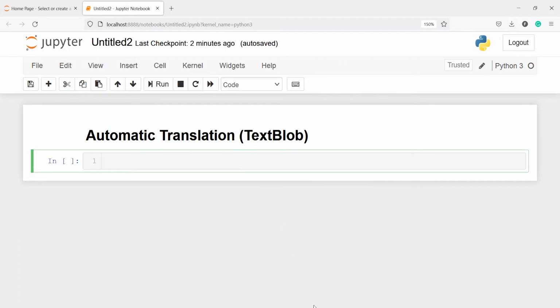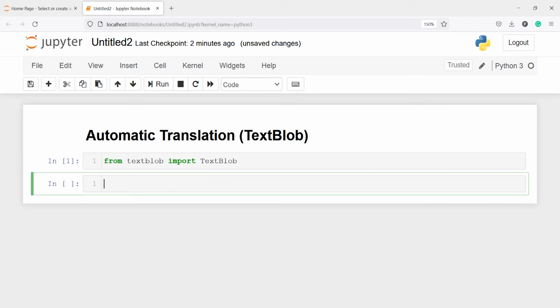Now let's import TextBlob. I will write from TextBlob import TextBlob. Let's execute it. Now I'm going to create one variable, sentence. Now I will call this class TextBlob that I have imported. I will write TextBlob, and then in this I will write something. Let's say I will write, what is your name,